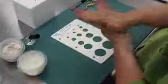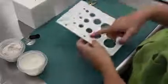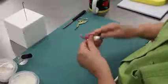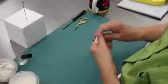Take your 50-50 combination of fondant and gum paste and knead it into a ball. Using your size guide, place the ball into the size 11, making sure that 2/3 of the ball is above the hole. I have a size 11 ball of 50-50. I'm going to roll it into a ball,